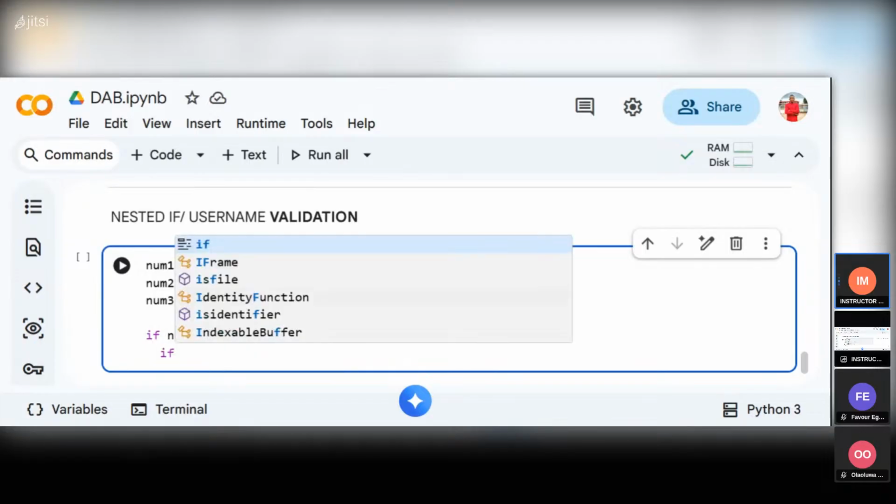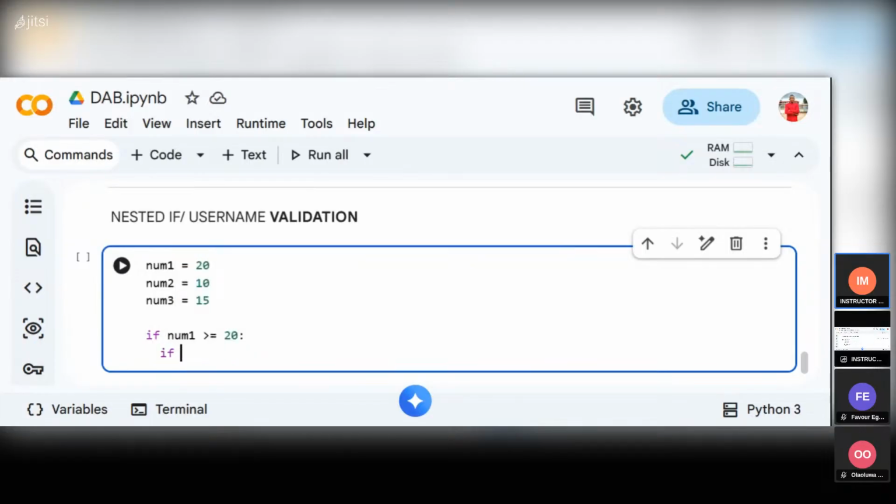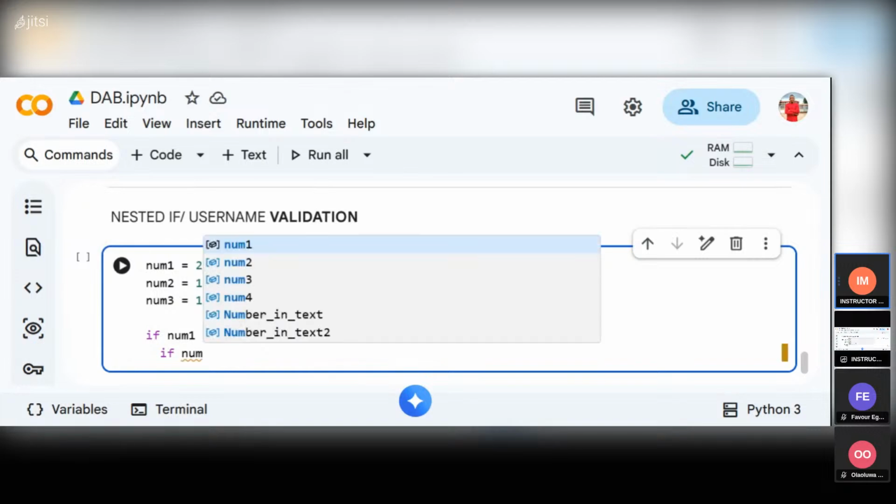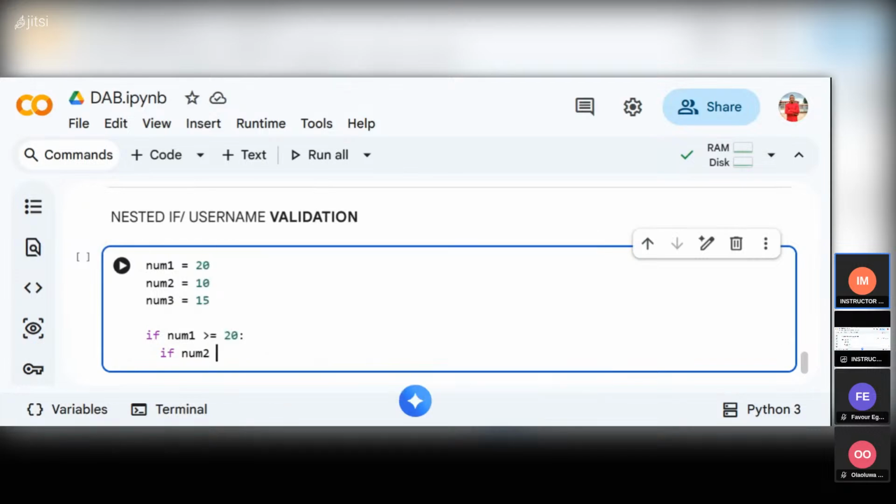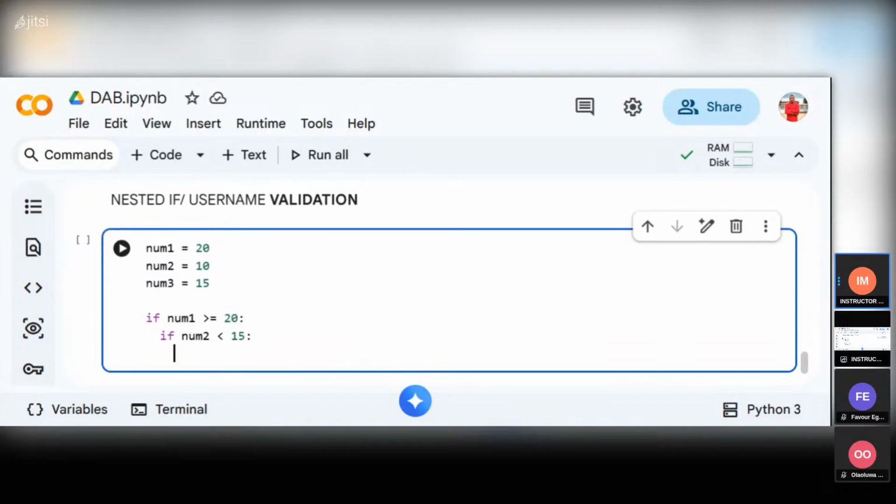If num2 is lesser than 15, now look at this condition. Num3, if num3 is greater than 10,